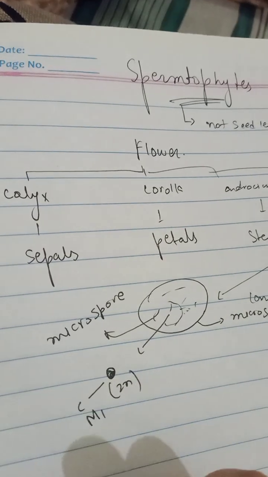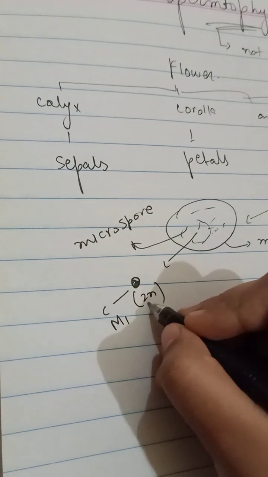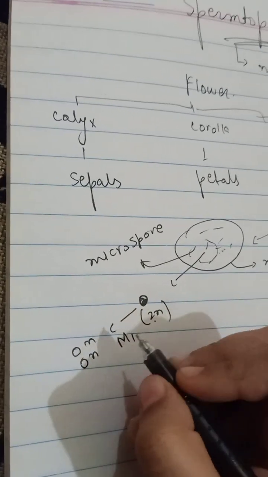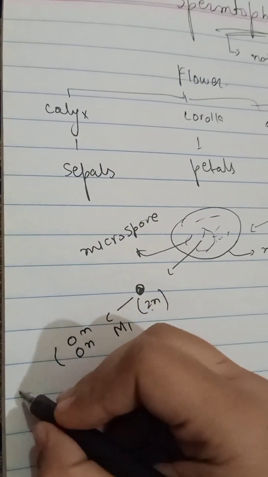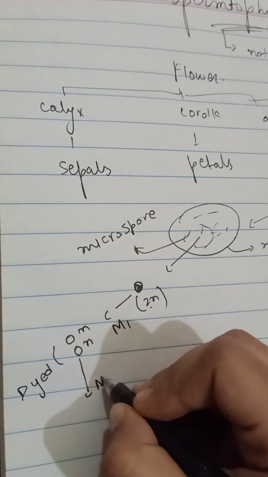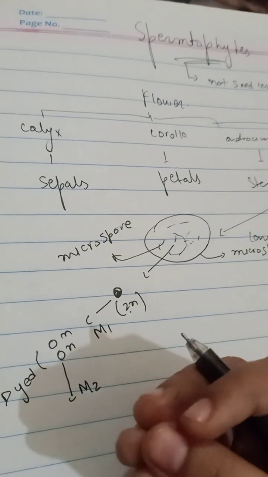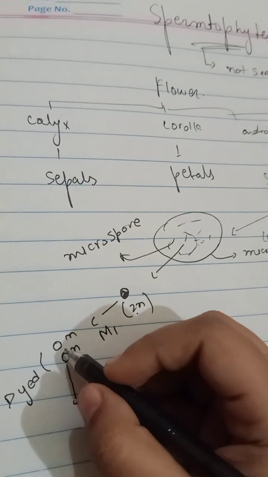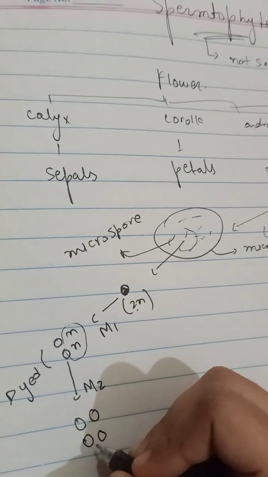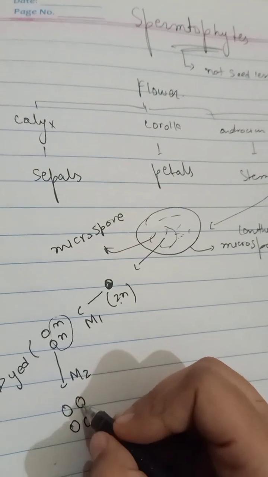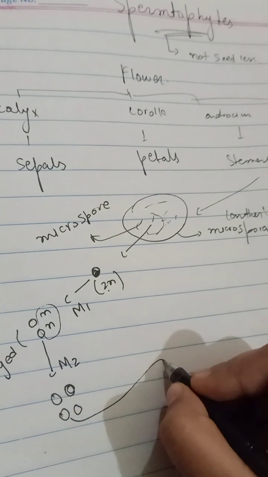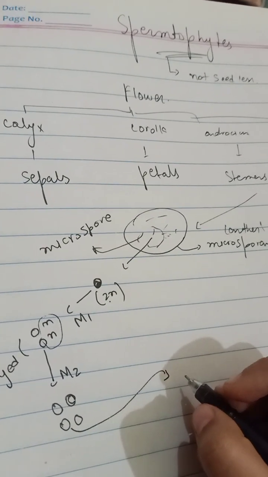In meiosis 1 there is the reduction phase, so 2N will be converted into N. Reduction occurs, and then we call that a dyad. In this, meiosis 2 will occur, in which the chromosome number remains the same. So from this 2, 4 will occur, four spores. This covering will burst and the pollen grain will move toward the ovary,